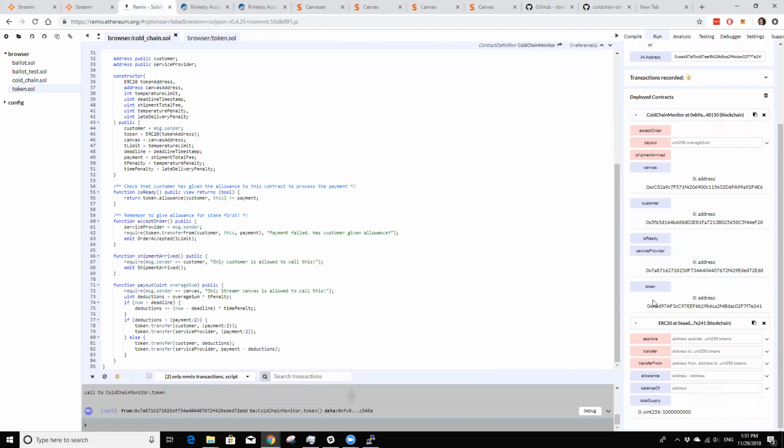And we are using an ERC20 token as a payment method for this scenario. The reason why we are using an ERC20 token as a payment method is because we want to leverage some of the features that the ERC standard has, and the primary one is the allowance. What the allowance feature gives users is that account A